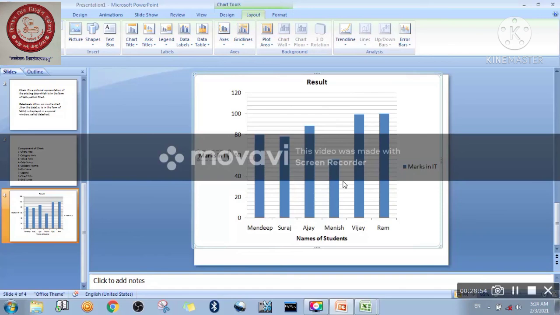So in this video I have depicted various things. I have explained how to align the text, right? After that, what is a chart, what is a data sheet, what are the components of a chart and how to insert a chart. These things I have explained here. But in the next video I will try to explain how to insert the table one more time, so that you can have the step by step entries of the table, step by step changes in a table, how to format the table, and each and everything will be clear.